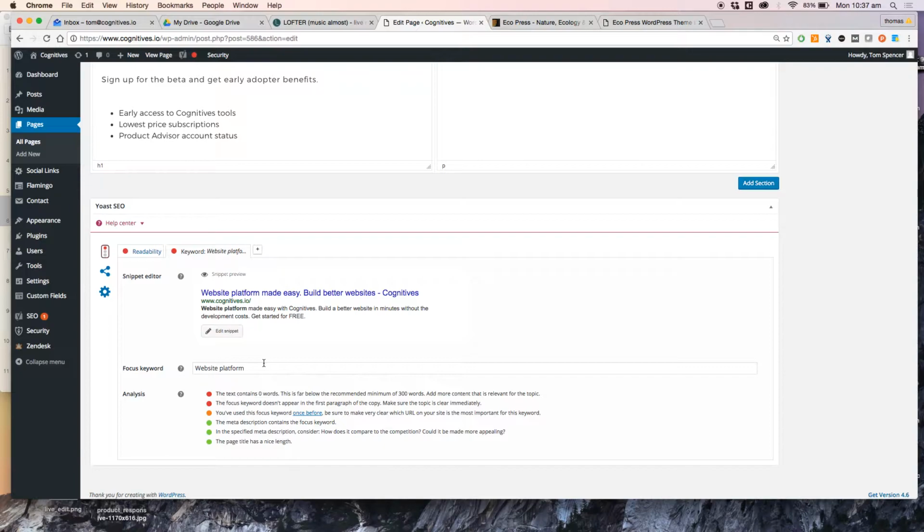So going back to the keyword planner I was talking about before, if you're saying, right, well, this page is my home page, and the target market I'm targeting is people creating or publishing content websites, so the keyword we've chosen to focus on is website platform for this whole page. And then it gives you performance analysis based on the content in your page, based on how it's performing. So if you're writing an article in here, you install that and you say, well, my focus keyword for this piece of content is,